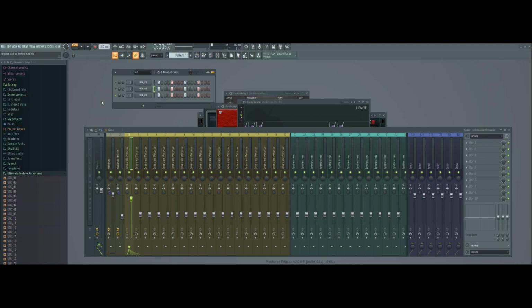In this tutorial I'm going to teach you how to change a normal kick drum like this one into a rumbling techno kick drum like this one. Here's another example. Without effects, and with effects. In fact, I'm not only going to teach you how to do it, I'm going to do it for you,